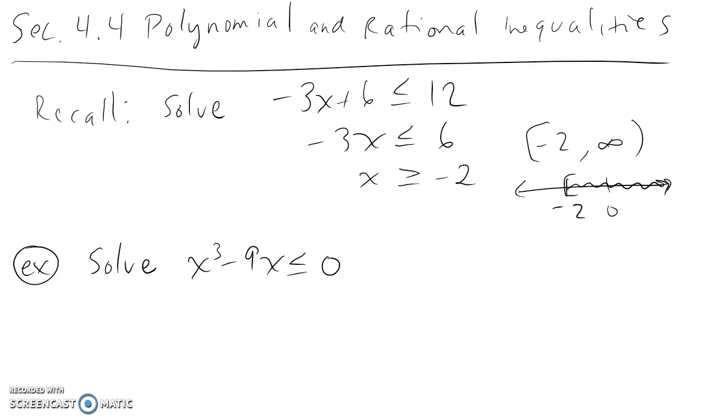So recall first solving a linear inequality, like negative 3x plus 6 less than or equal to 12. We could just approach this almost like an equation by subtracting 6 from both sides and then dividing by a negative 3. And recall that when you divide both sides of a linear inequality by a negative, you flip the inequality sign. So our answer becomes x is greater than or equal to negative 2. We can write that in interval notation from negative 2 to infinity, including negative 2,